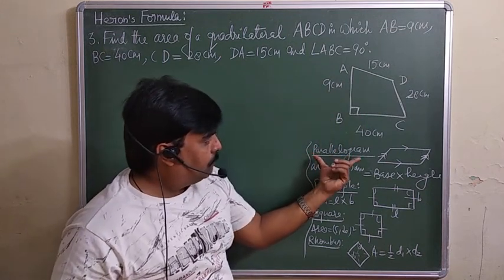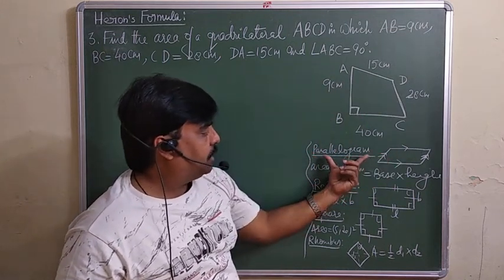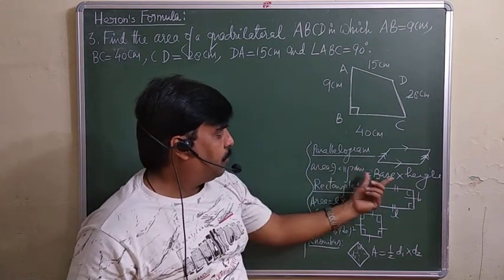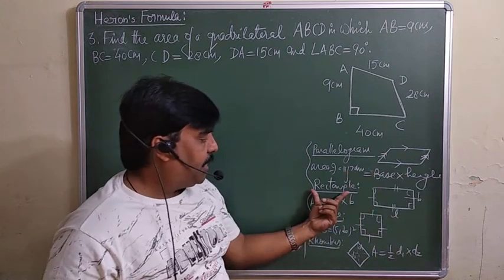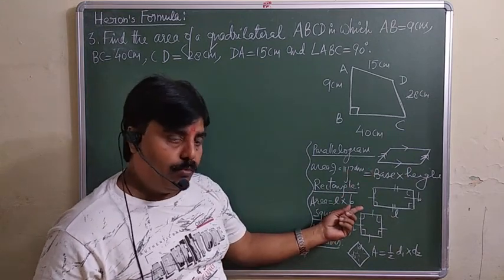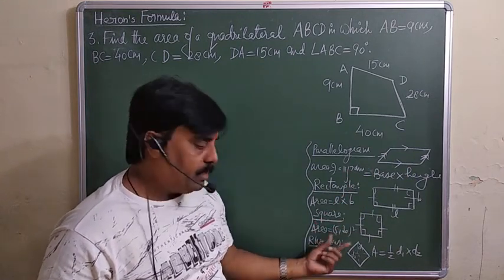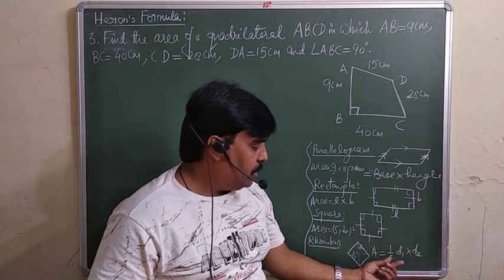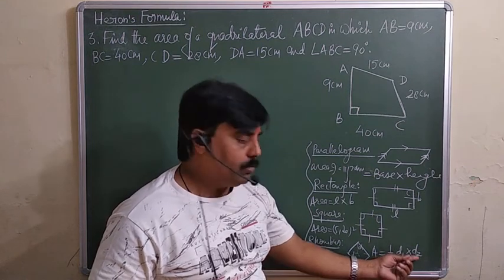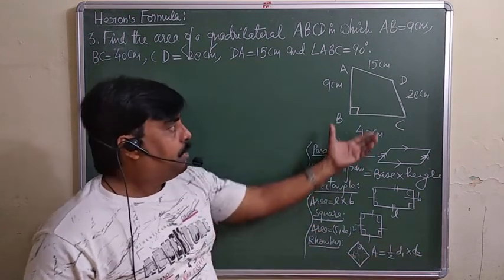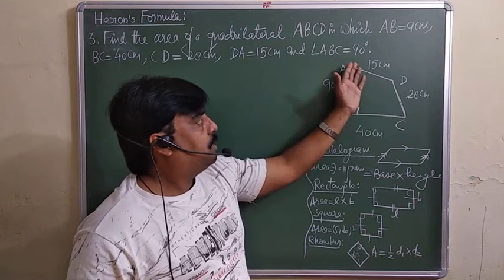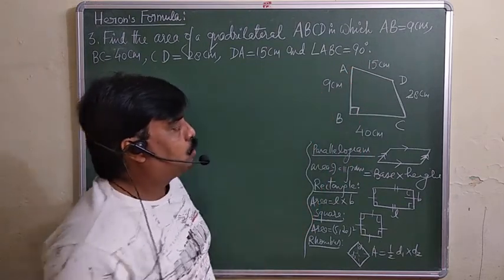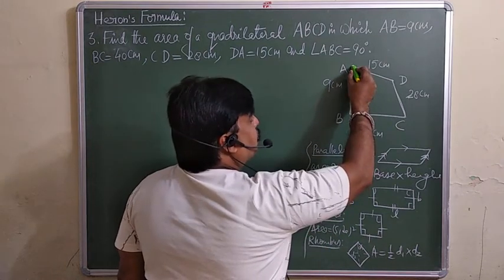So suppose the name of the quadrilateral is a parallelogram. If it is a parallelogram, then you can apply this formula, area of parallelogram is base into height. If it is a rectangle, then you can apply length into breadth. A square, side square is there, or if it is a rhombus then you can apply 1/2 d1 into d2, means 1/2 into first diagonal into second diagonal. You can find out the area. But here the important point is that this quadrilateral is given, but the nature of this quadrilateral is not given. So what we will do is join this AC.